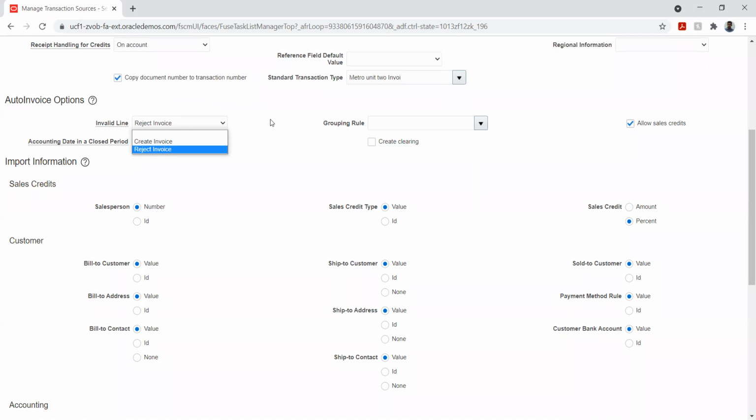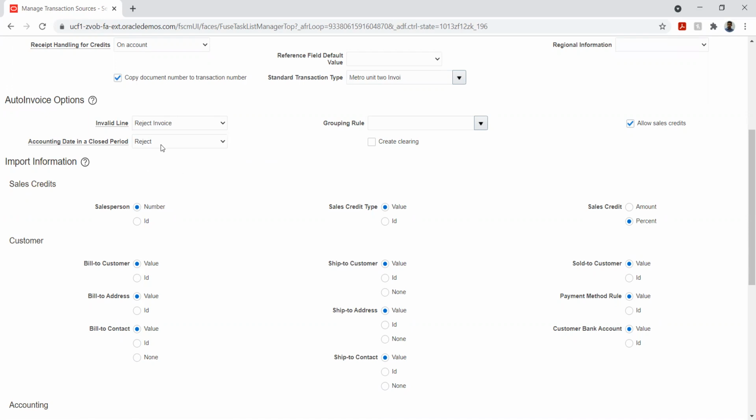So the two lines will become another invoice. But there are a few business requirements where they don't want to wait for these two lines and will create them as a separate invoice. For those cases, we can use the create invoice option. You can also leave it blank, but it will not handle the exception part then. This is for exception handling, basically.